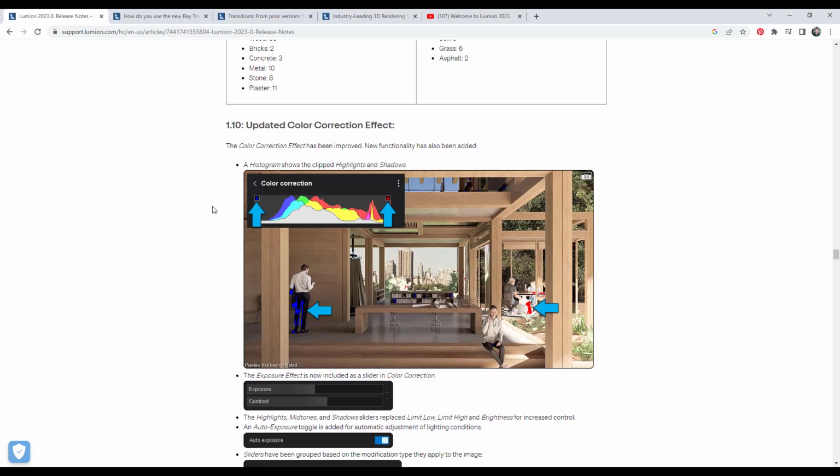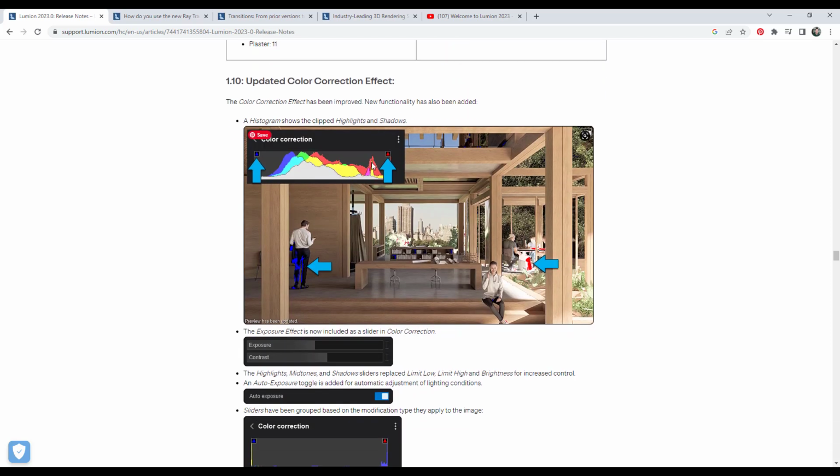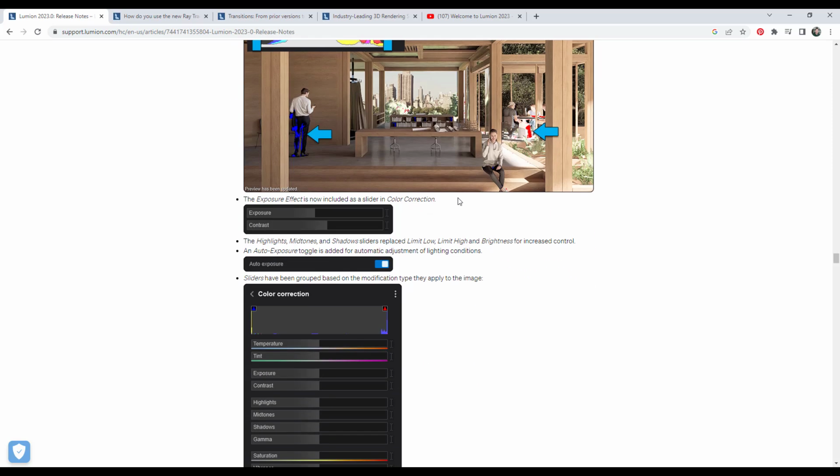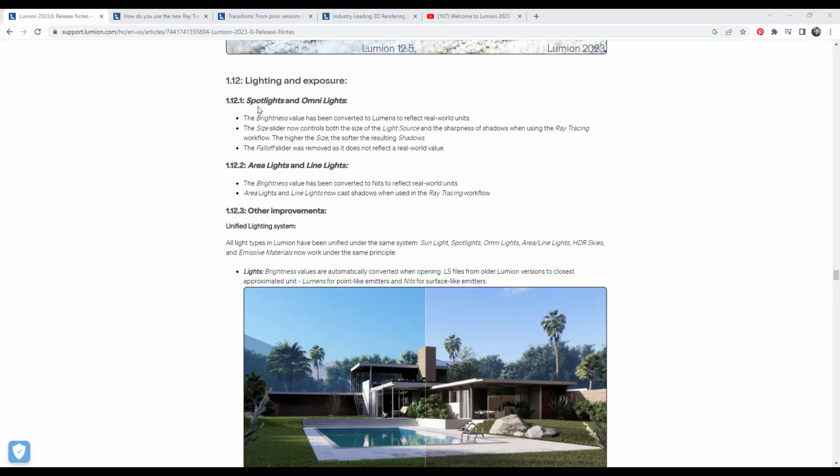So they've also made some changes to their effects. For example, they've improved the color correction effect and added a histogram right here, so you can see clipped highlights and shadows, other things like that. So from a lighting standpoint, they've come in here and they've adjusted the brightness value for the spotlights and the